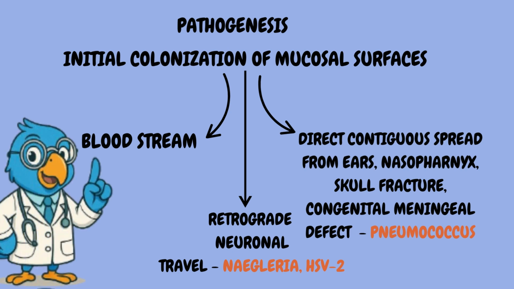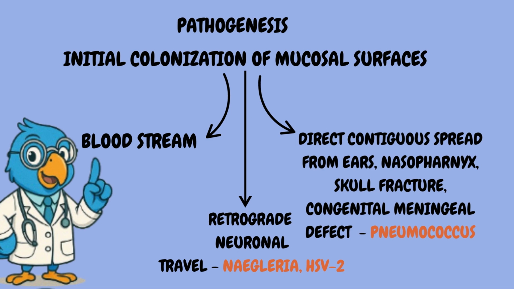Now, onto the pathogenicity of meningitis. This is a process by which the infection occurs and the course it takes in the body. There is an initial colonization, then the pathogen escapes the host defense mechanism and reaches the blood-brain barrier through one of three major routes: